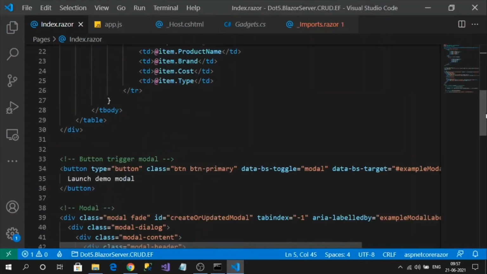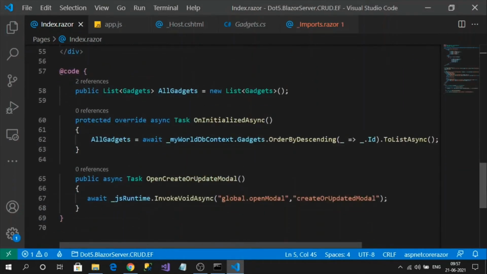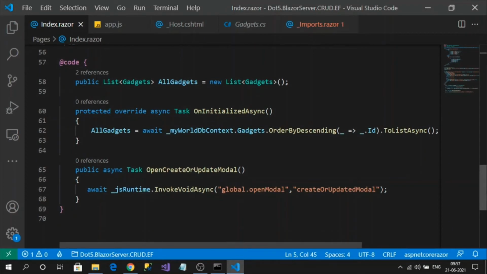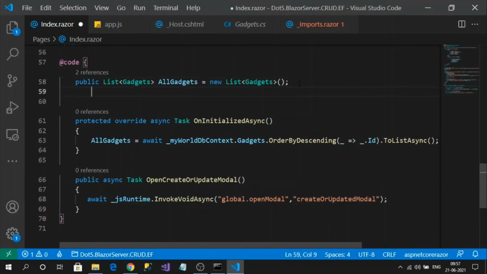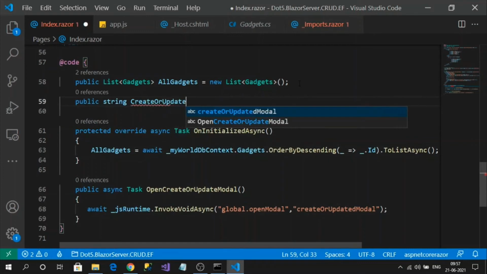So I want to add the changes dynamically. So what I will do, I will create a property like in title, create or update modal title.